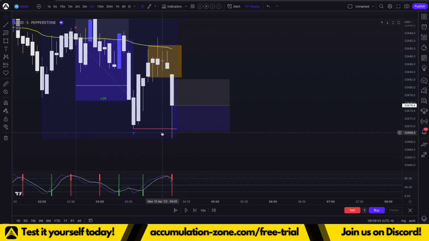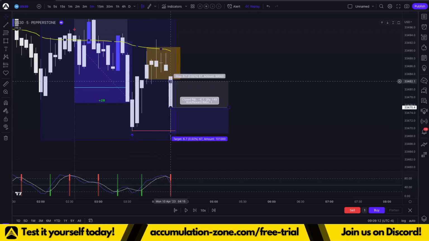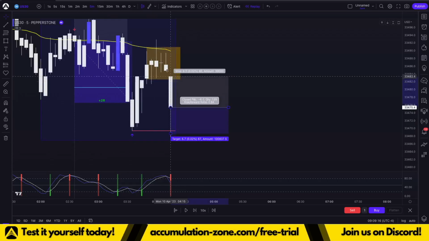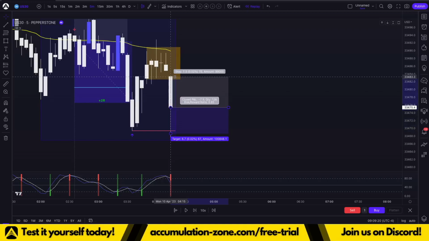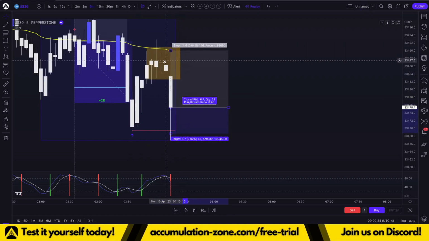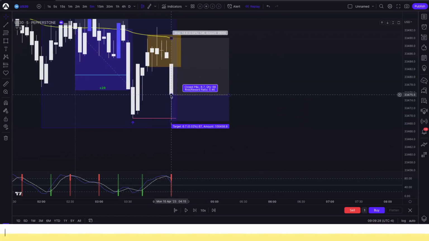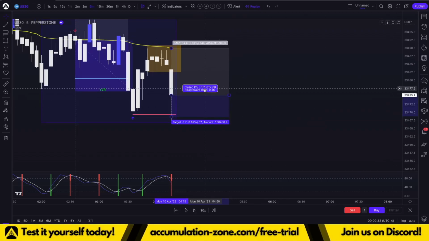We already formed a new lower low, so we already took that liquidity. Not really that it matters, but for today, on my live account, I decided to pass on this trade exactly because of these reasons. You could have placed your stop loss right here at the body close swing high. You could have gone for a 1-bar stop. You could have gone for a stop loss right at the VWAP. But with an entry so far down below on this bank holiday, I decided to pass on this trade